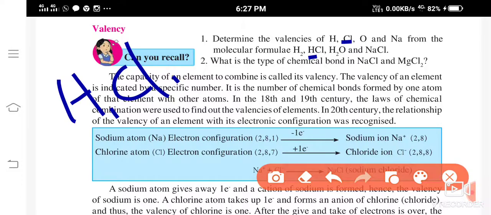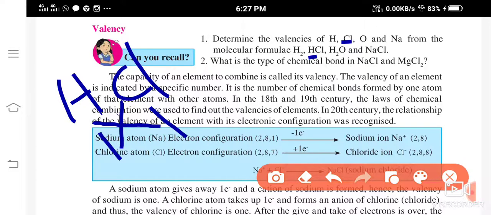Now you know how you are going to write this. The 1 which is there is the valency of chlorine. I'll show it to you. You have studied this, I'm just repeating it. Hydrogen is 1 over here, chlorine is 1. So this 1 is the valency of chlorine, and the valency 1 over here is the valency of hydrogen.